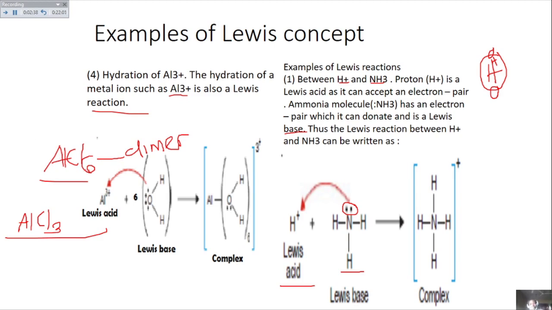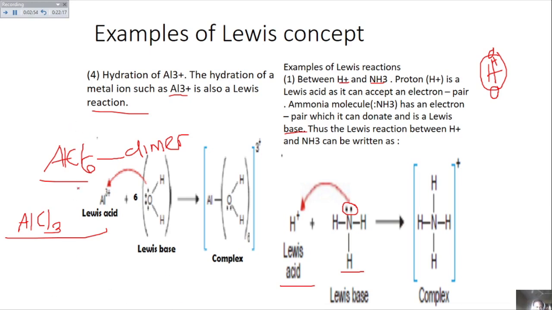AlCl6 is an acid although it doesn't contain hydrogen plus, but it is an acid. Why is it an acid? Because it has empty orbitals that it can use to accept a pair of